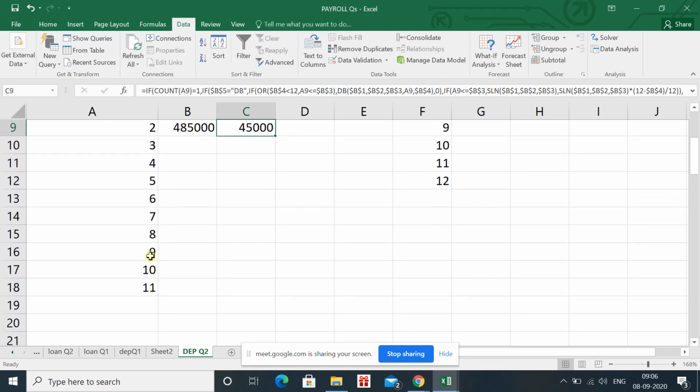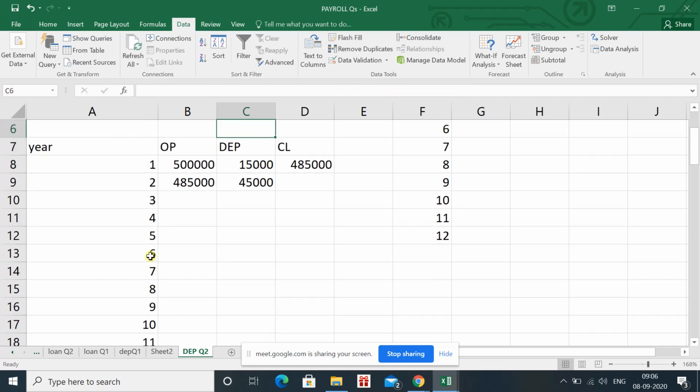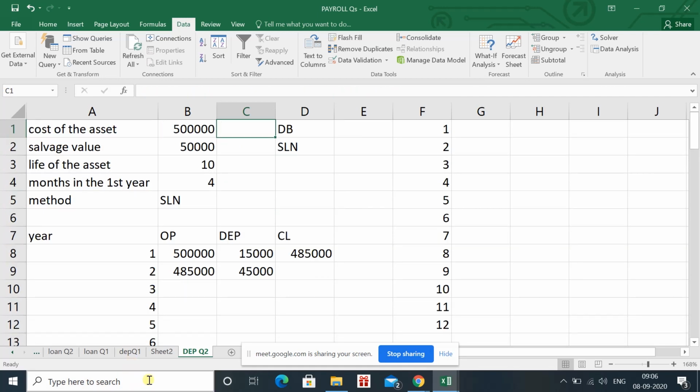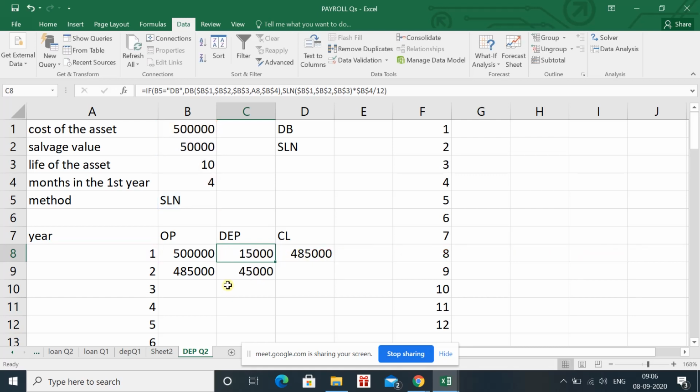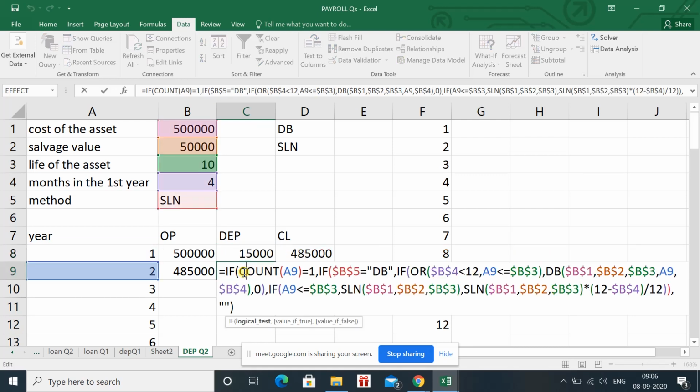So what we have done, we have applied the formula in such a way that we have applied a separate formula for the first year, and the formula applied in the second year, you can see that it is a very big formula.